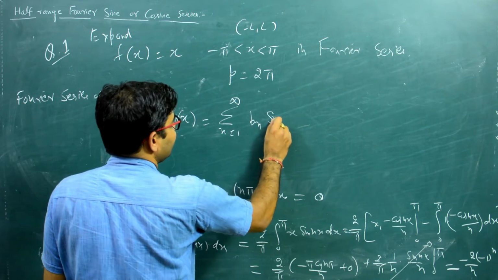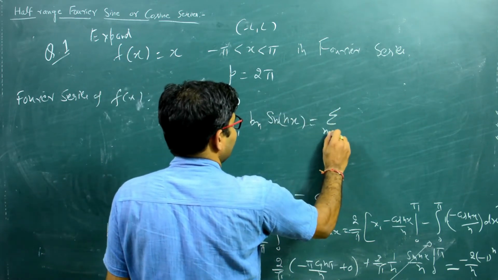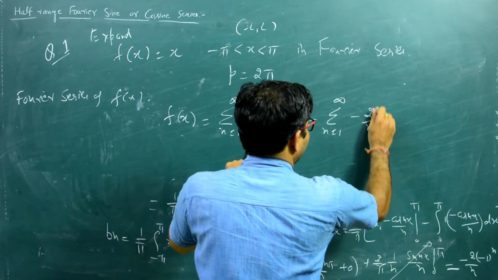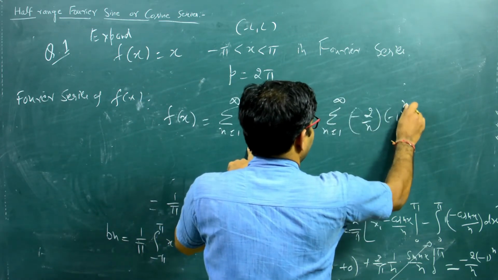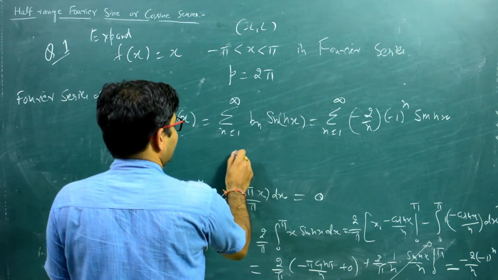So b_n sine nx, which is equal to summation n tending from 1 to infinity, b_n is minus 2 over n times minus 1 to the power n, sine nx,